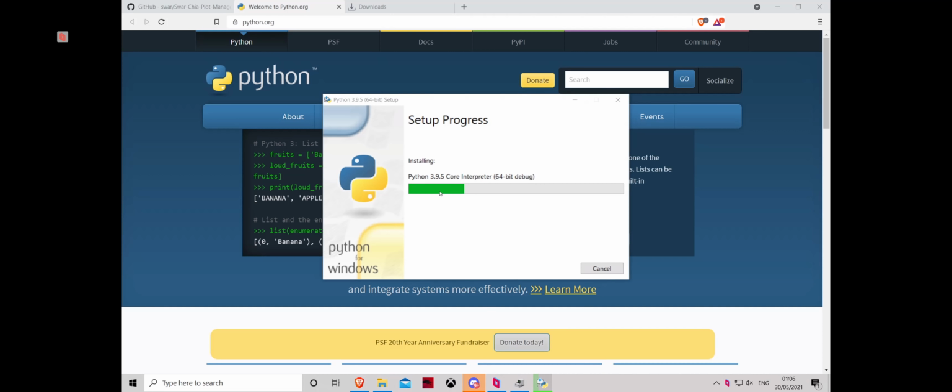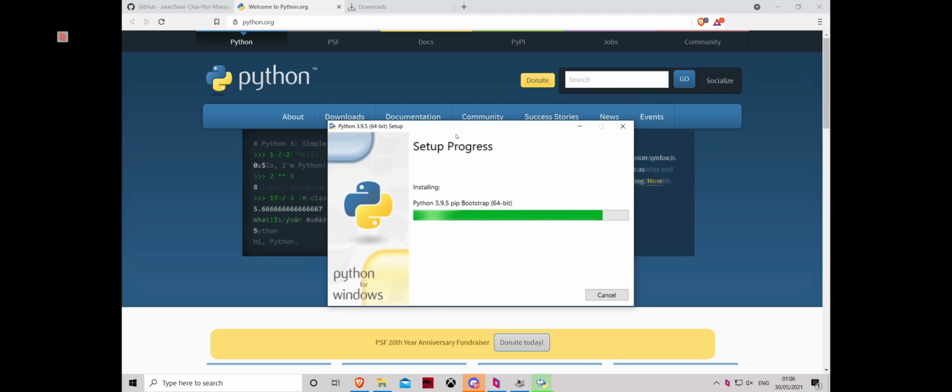It may take around 2-3 minutes because it may download the libraries and everything for your computer. For mine, it will take a little bit less because I already had it installed, and it assumed that all of the previous files still exist on the computer. Okay, so once we do have that installed,